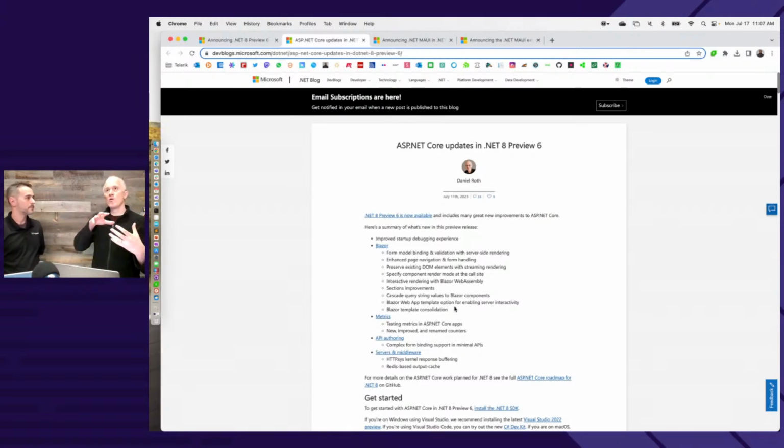But if you were dealing with UI patterns that dealt with the server, like server-side rendering, then you were still in the .NET world using a different technology. Like we have MVC, we have Razor Pages, CSHTML files for rendering HTML. And we already have support for integrating Blazor into those frameworks. Like we provide tag helpers, component tag helpers, so that you can render a Blazor component from an MVC view or from a Razor page.